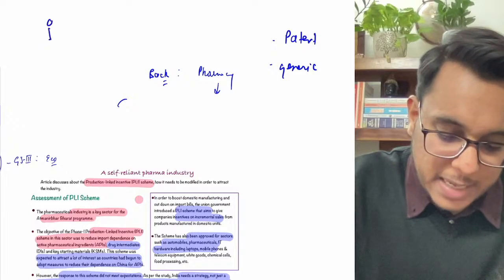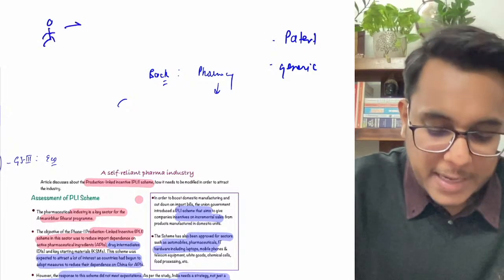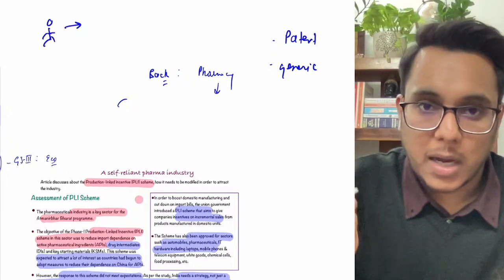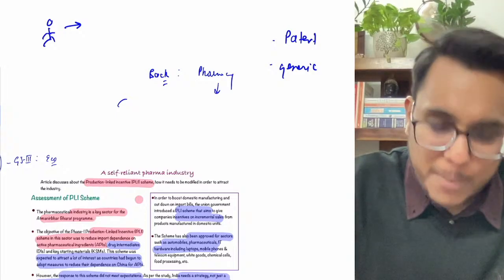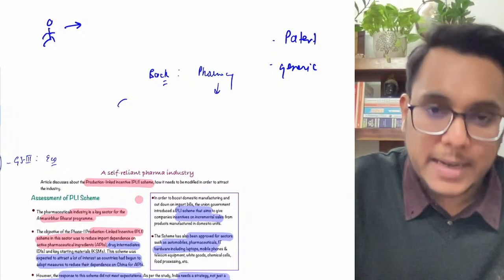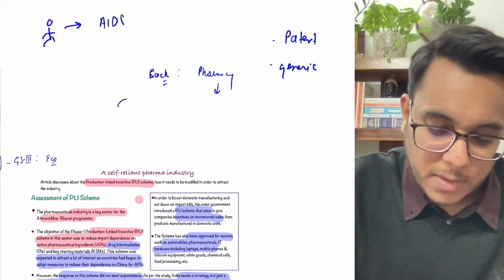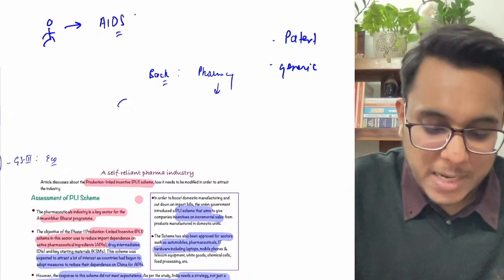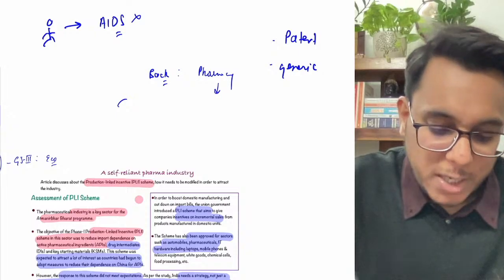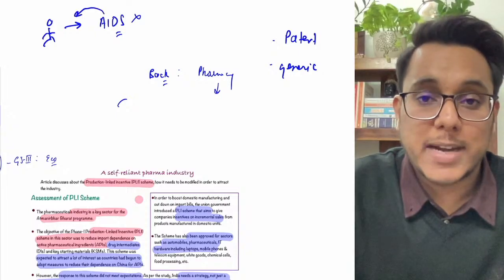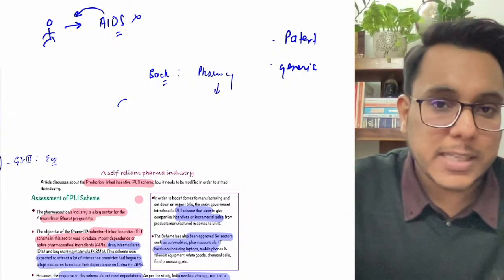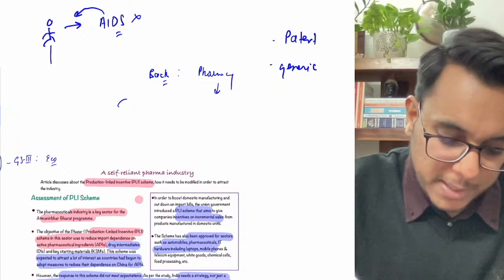Guys, suppose there is a particular person who has invented a medicine for a disease. Let's say he has developed a medicine for AIDS. Up till now, for AIDS, medicine was not there. Now this person has spent too much effort in inventing this medicine. So what can this person do?